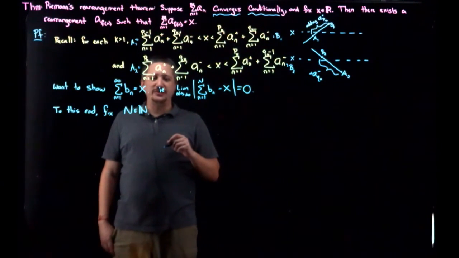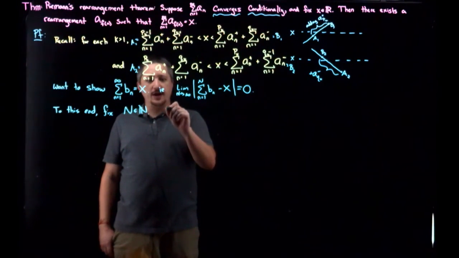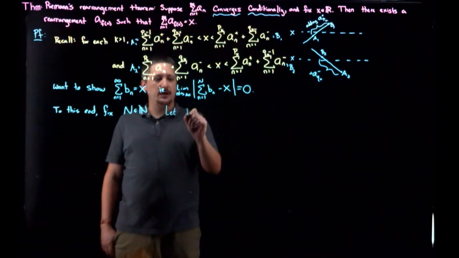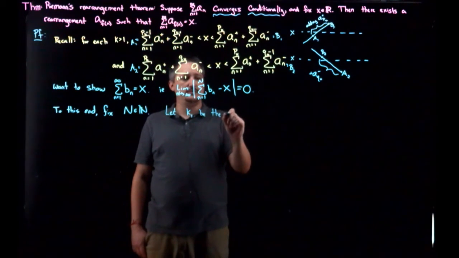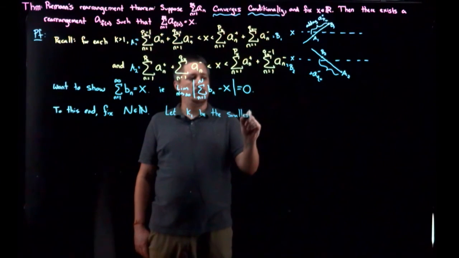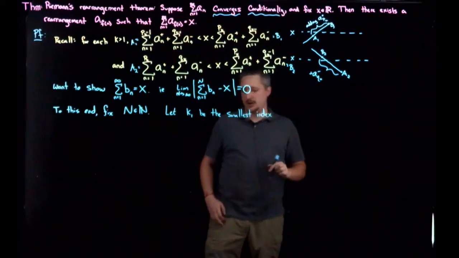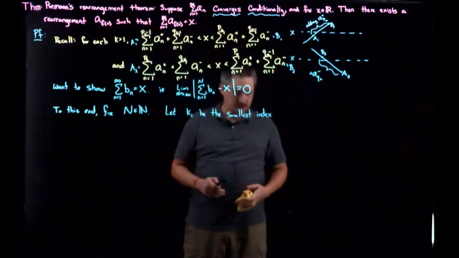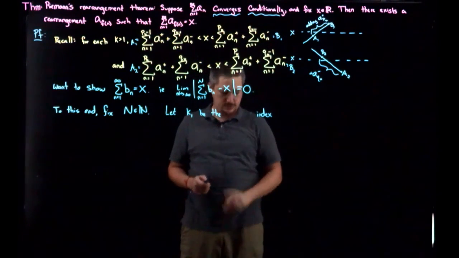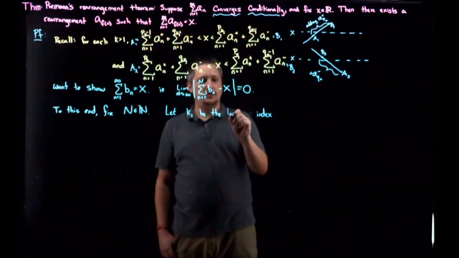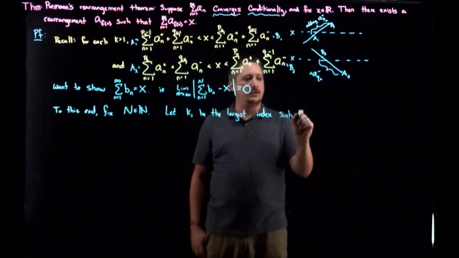All right, so now notation's going to be a little annoying, but bear with me. I'll draw a picture that will hopefully make it clear what's happening. So let K1 be the smallest index. Sorry, not smallest index. I want the largest. Be the largest index such that